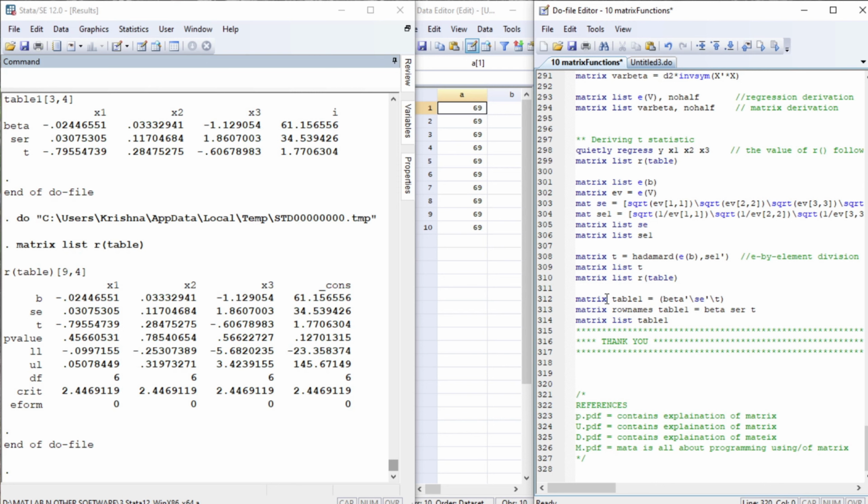If you want to explore more about the matrices, you can refer to these books. Actually, these are the guides from Stata, programming user guides, D for data management, and M for Mata. Please take your time in understanding these concepts. They are very useful, and we do have other variations or other ways of calculating